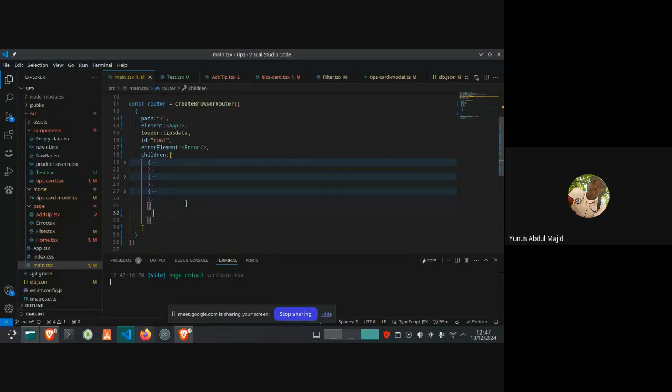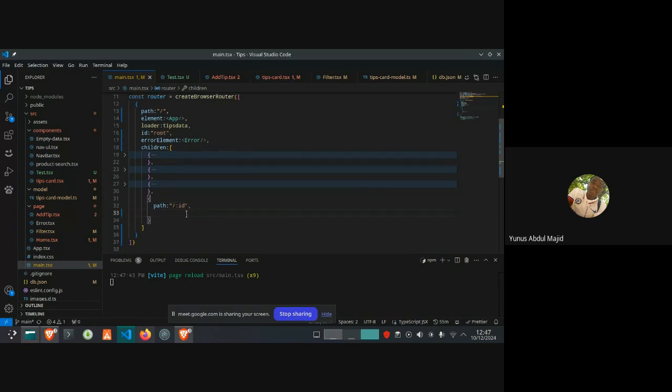another object inside the children part. So for the dynamic route, instead of specifically mentioning the name of the route like you do by putting the name, since we want to use a dynamic route, we use colon then id. This id can be anything you want. You can name it anything you want, and you may see the use case of this id that I specify here shortly. But you can use any name.